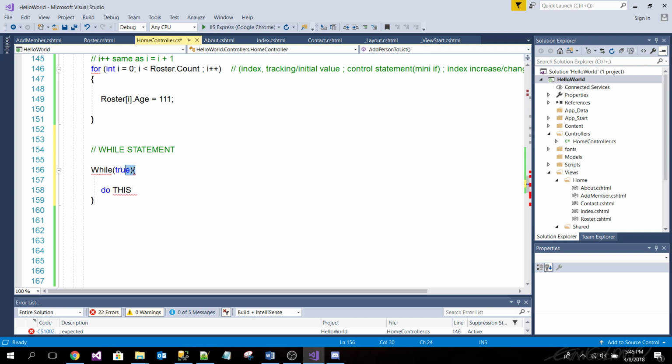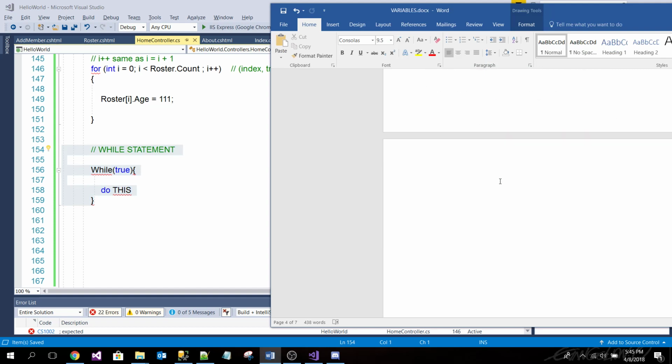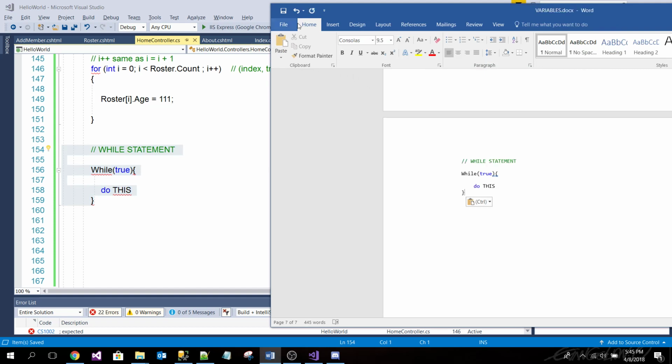Let me just copy this. While true, copy into our sweet notes. I'll copy these and make it a little bit easier to understand soon.